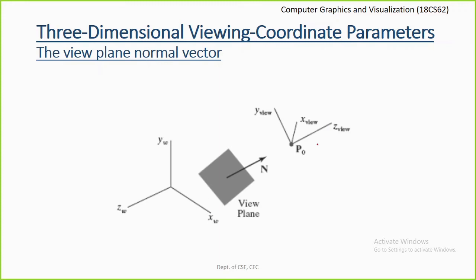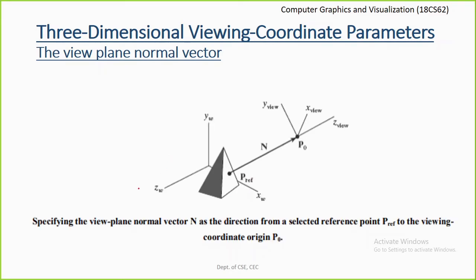So we can get the direction of the z-axis of the viewing coordinates if we know the direction of the view plane normal vector. Second, a very important thing is we can also understand the orientation of this view plane. Okay, so this view plane normal vector n gives us the orientation of the view plane as well as the direction of the z view axis, the z-axis of the viewing coordinates. Okay, so P naught here is the origin for the viewing coordinates. The z-axis of this particular viewing coordinate system is in the direction of the view plane normal vector, which is a vector that gives us the orientation of the view plane.